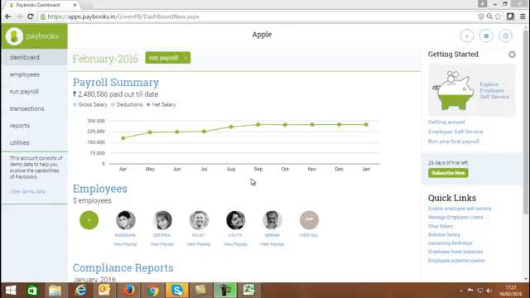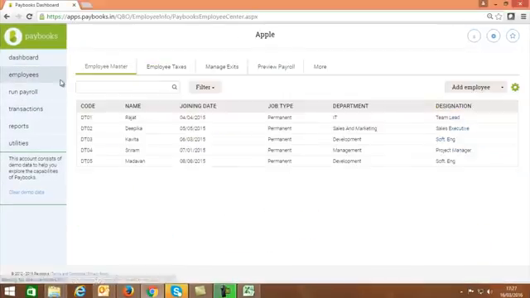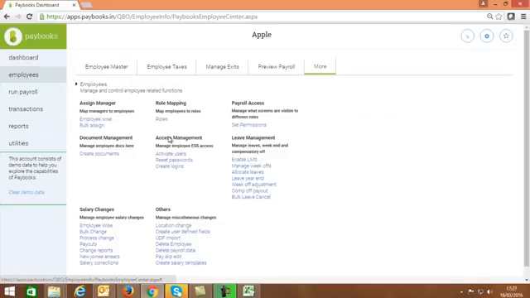In this video, we shall see on updating the salary revision. In the application, it can be done either employee wise or bulk wise. Now, let us see the process for the same. In the home page, you need to go to employees, under employees more, under more, salary changes.